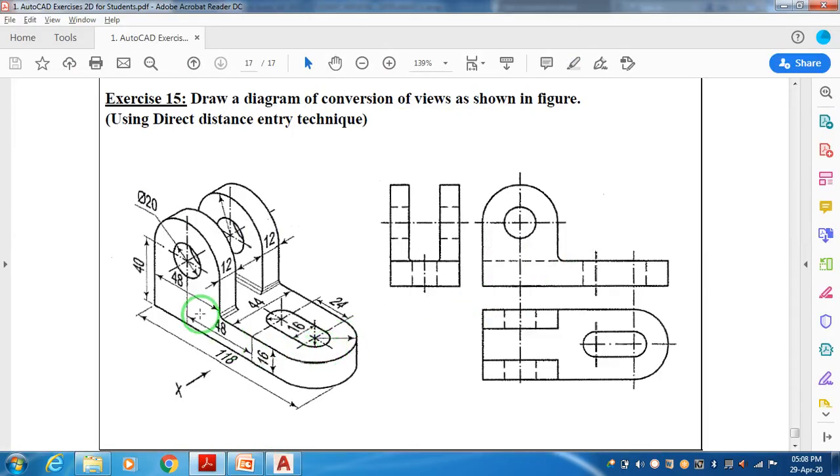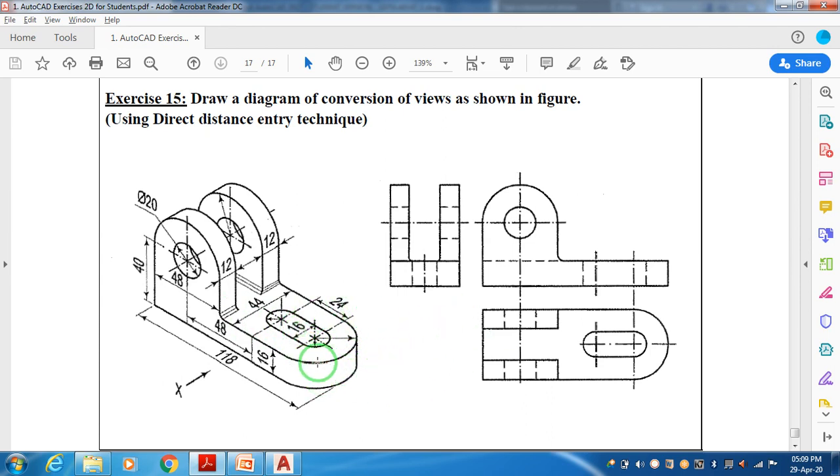See, the distance calculation becomes very crucial here. What is the total length? 118, this is 118, and next the height is 16. Now this height you can clearly see is 40. Now this length from here to here, you don't have that dimension, but one number is missing here that will give the dimension. But how to calculate that is the question.